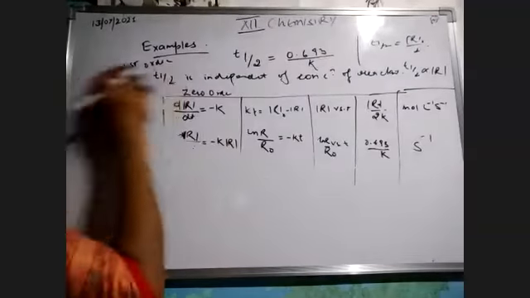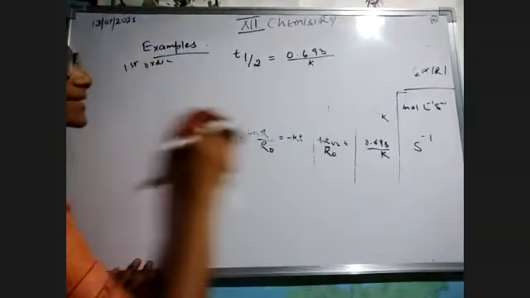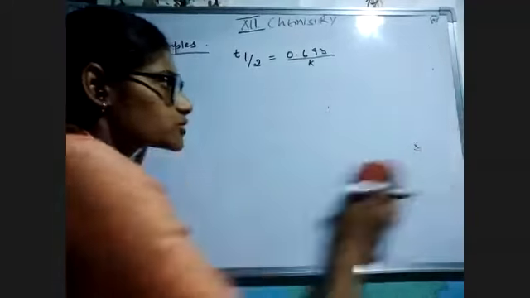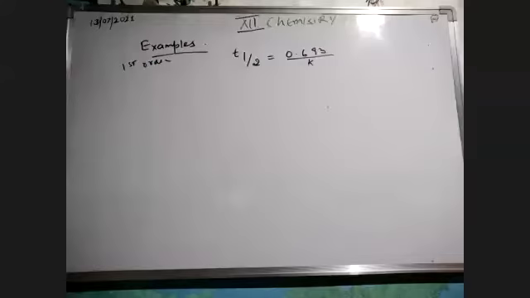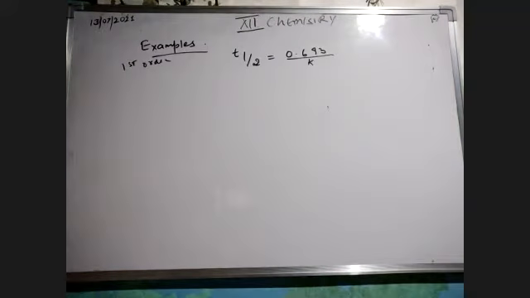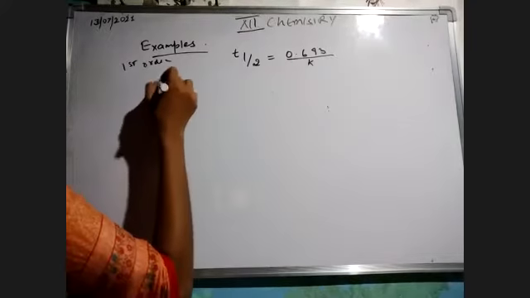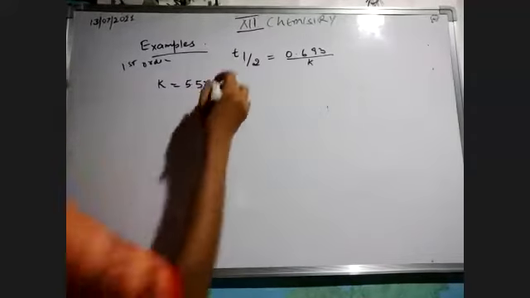Okay, first of all, there would be a simple question on the basis of half-life period. Let's see what the question asks us and how we can solve it. The question is on page number 109. That is your NCERT in-text question. The question is, a first order reaction has a rate constant K equals 5.5 into 10 raised to power minus 14